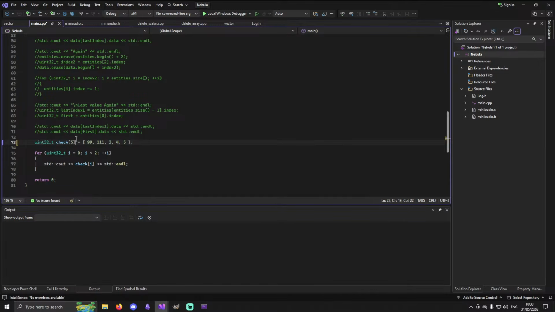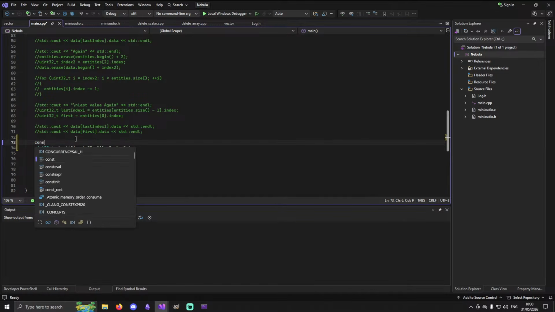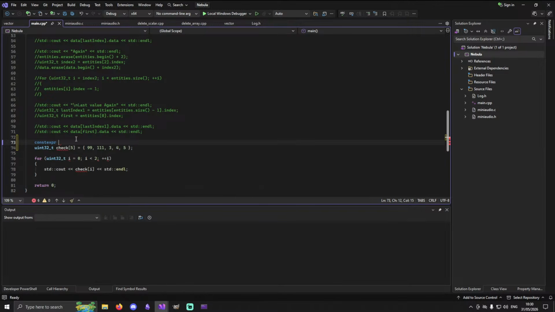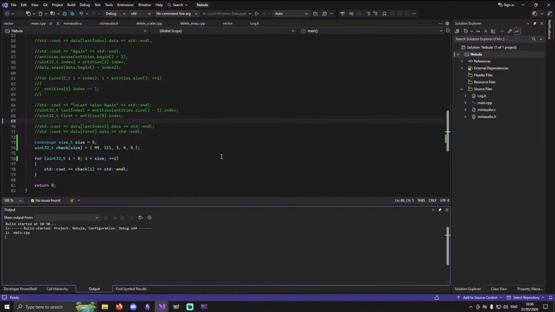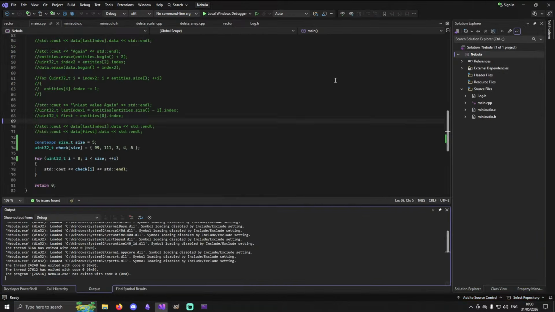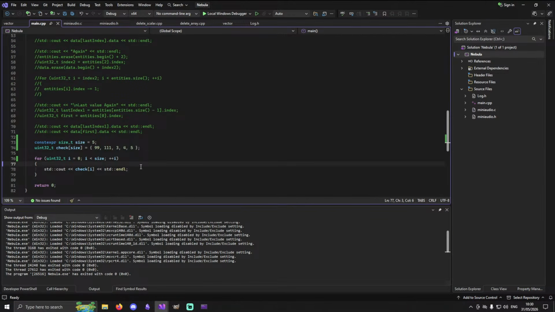Okay. And I'm also just going to make a quick constexpr size. Oh, yeah, size 2. Screw it, we'll make it 64-bit. We'll just set this to 5 just to make this a bit easier to mess with. So we should see it at the very least. Okay, cool. And next thing I want to do is when I delete an entity from this list, okay,